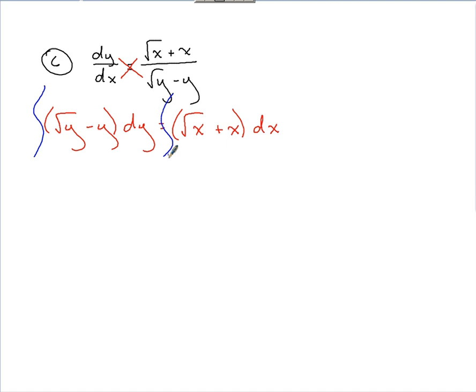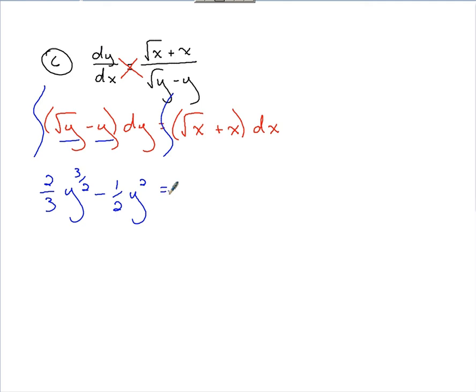On the left side, we've got a couple of terms here we apply our antiderivative to. We've got y to the 1/2, so if I add 1 to the 1/2, get 3/2. Reciprocal is 2/3, so you can bump that to the front. We're subtracting y, so that's y to the first, meaning if I add 1, it's y to the second. Reciprocal 1/2 goes to the front. That equals,